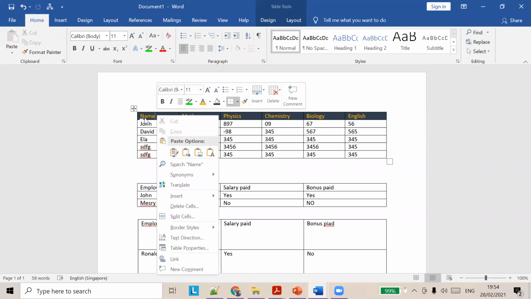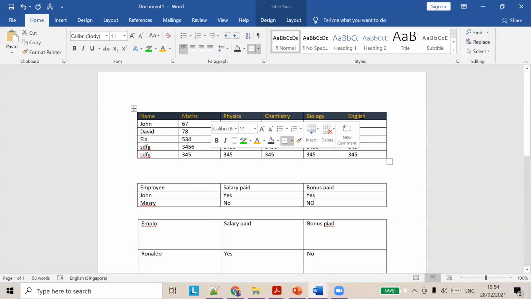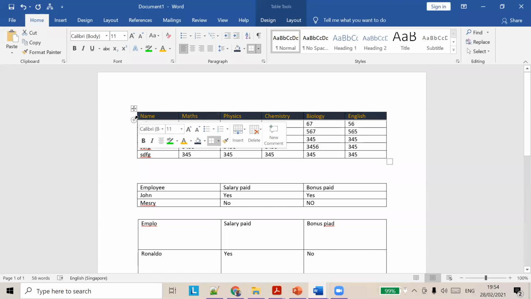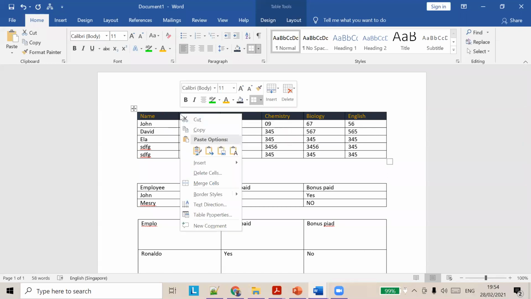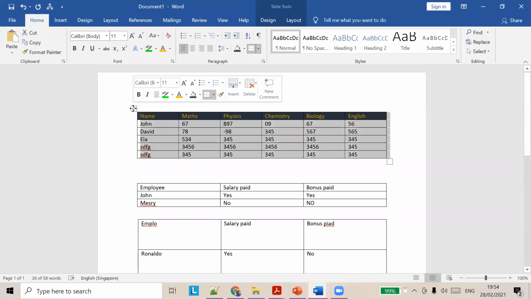So you just saw it, right? What you have to do is select this option, select this text, and you can choose from this option provided here. Or else what you can do is